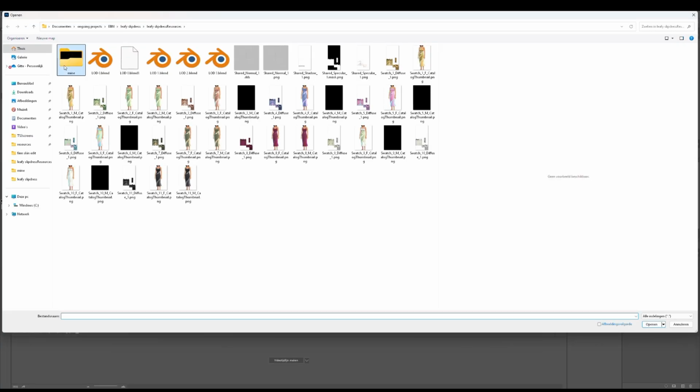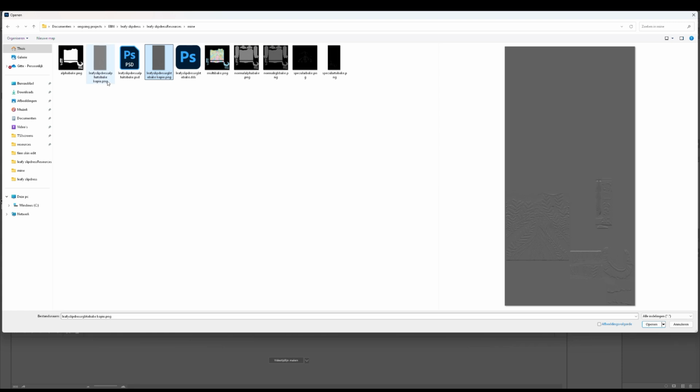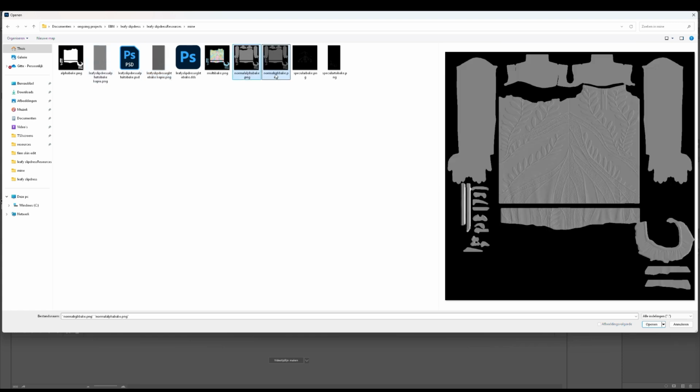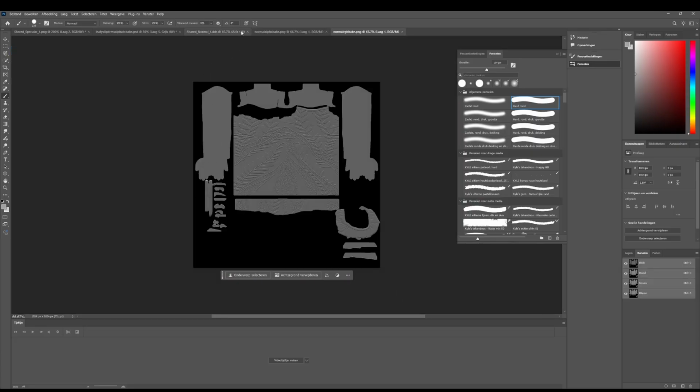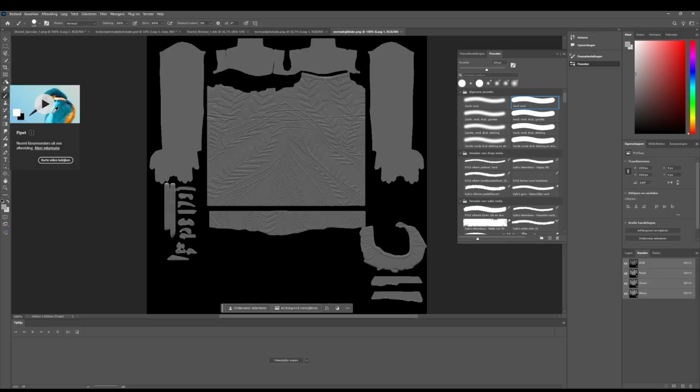So just open them up. We have these two. I will first do the normal map. I will just click on basic gray hair and attempt to smoothly fill it all in, if I can find the bucket tool. Or otherwise we can just